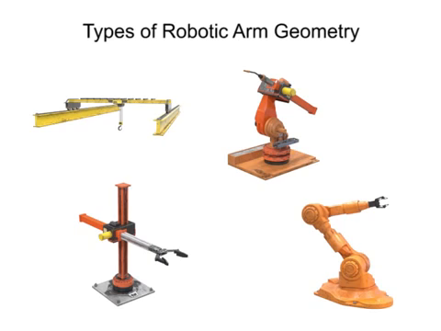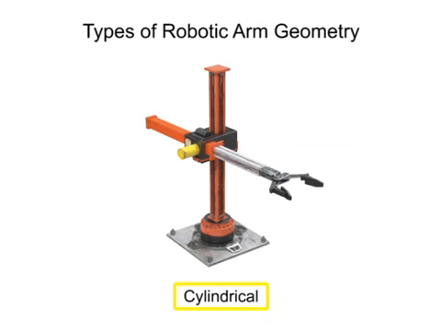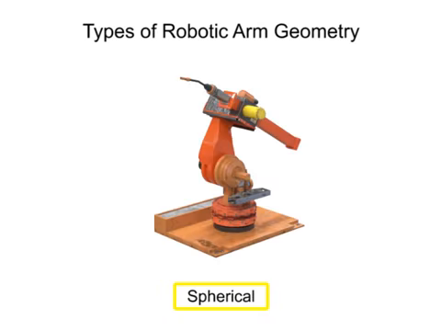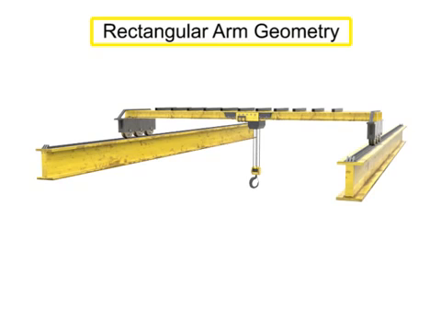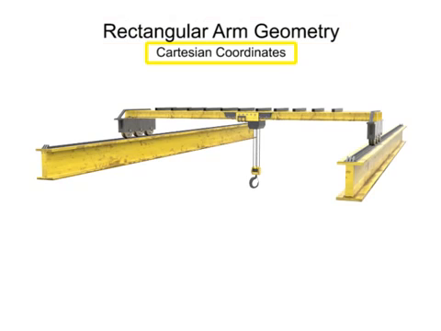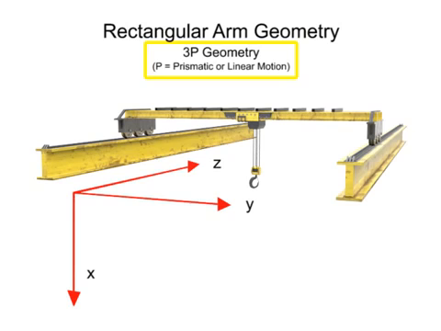There are four main types of robotic arm geometry: rectangular, cylindrical, spherical, and jointed spherical. Robots with rectangular arm geometry use Cartesian coordinates and move linearly along each of the x, y, and z axes. This type of movement is also called 3P geometry, where the P stands for prismatic or